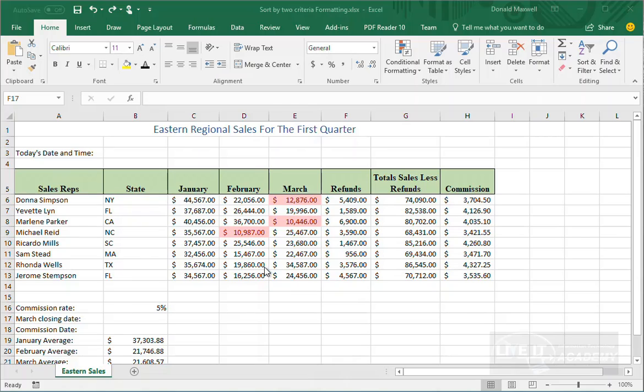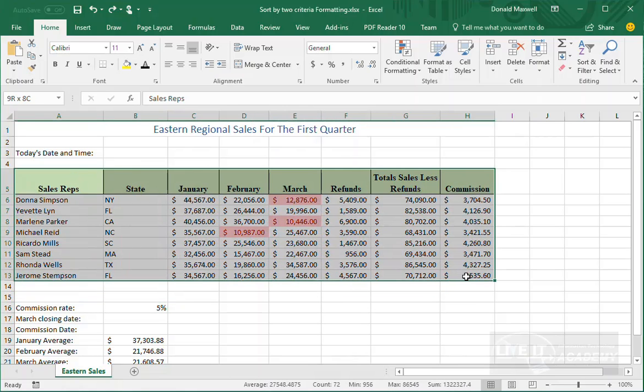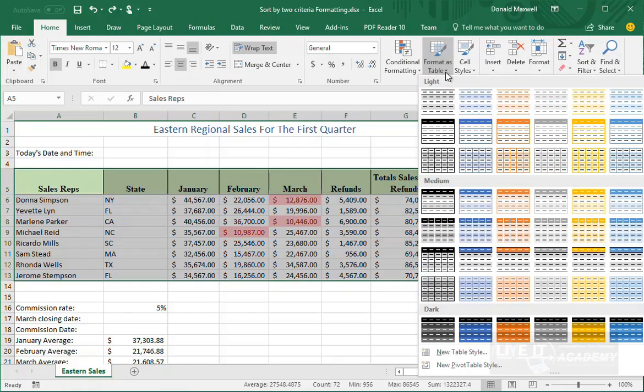So the first thing we want to do is to select the area or the table range. So from A5, right, we're going to click on A5 through H13, right? And that gives us a range of which we want to create a table format. The next thing to do is to go to Home, Styles, click on the down arrow, and here